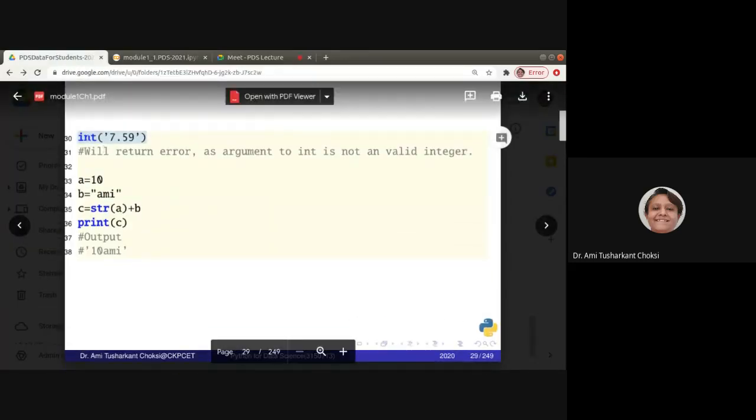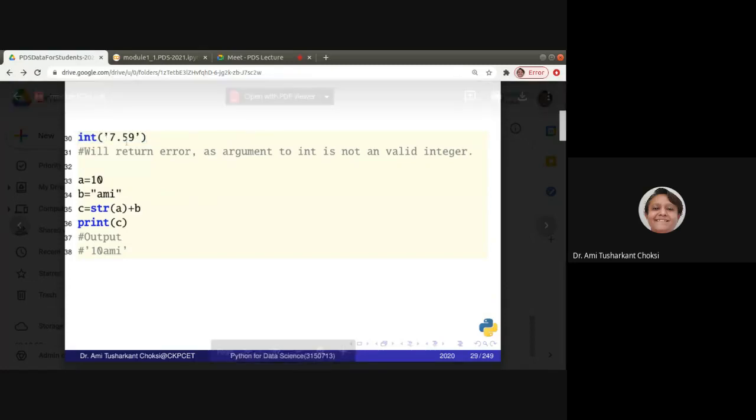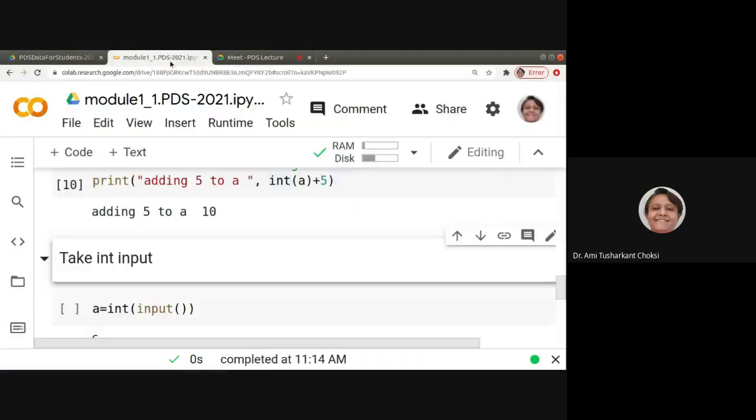This one, let me show you this running so you can have the idea. Integer of string 7.59. Let me show you that. Here we can add a cell in between. See here the code cells are there. We have already talked of text cell and code cell, right?